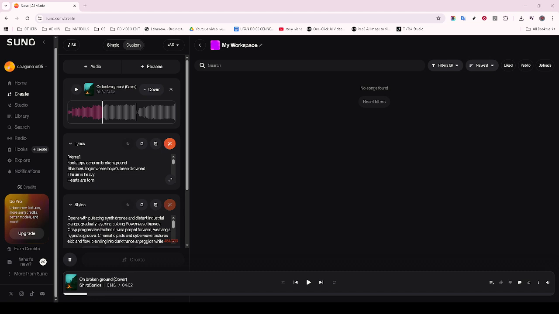Once you're satisfied with how your song sounds, it's time to save your work. Click the Save button to ensure all your edits are securely stored. It's often a good